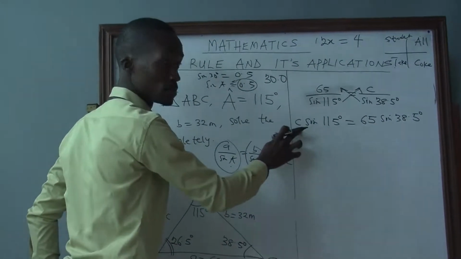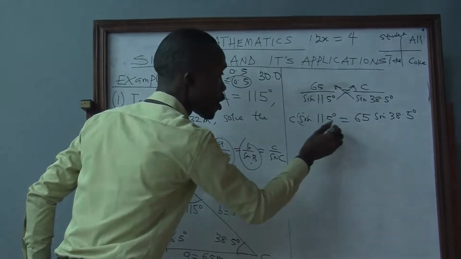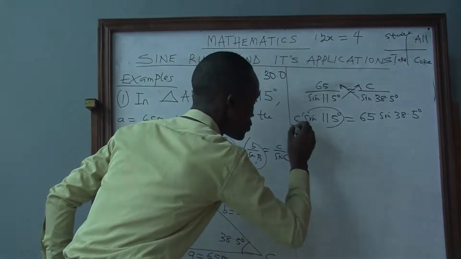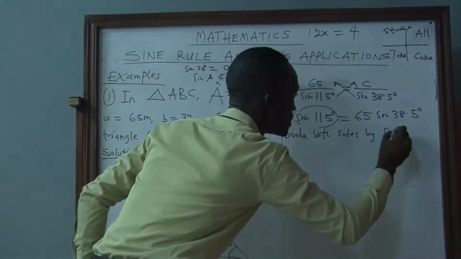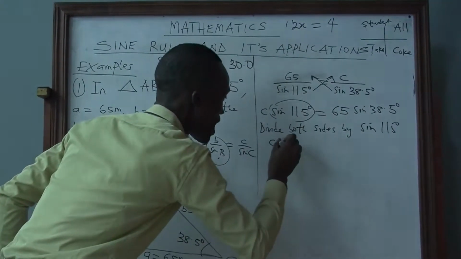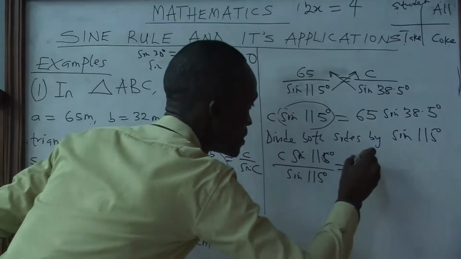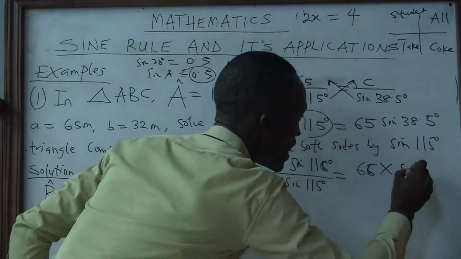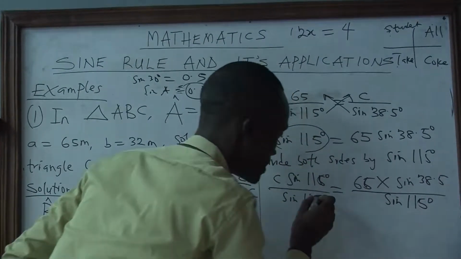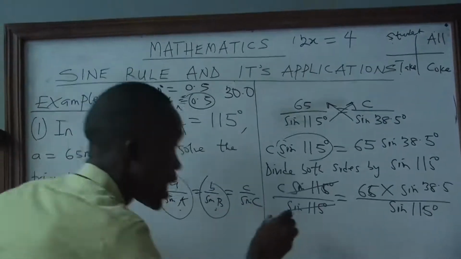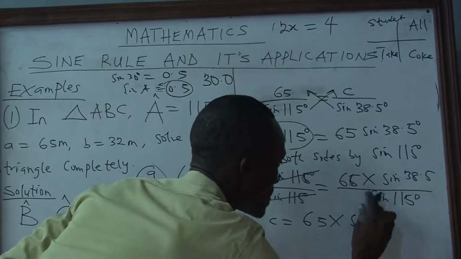And we are looking for C, but there is something beside C which is disturbing C, and that is sine 115 degree. So what we do here is that we divide both sides by sine 115 degree. So we have C sine 115 degree divided by sine 115 degree equals 65 multiplied by sine 38.5 divided by sine 115 degree. So sine 115 will cancel sine 115, and we have C to be 65 multiplied by sine 38.5